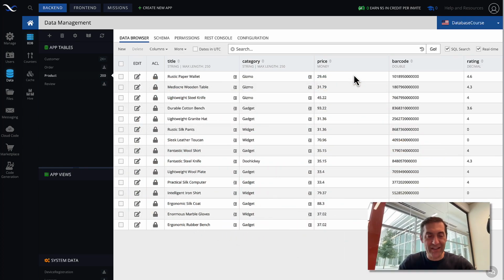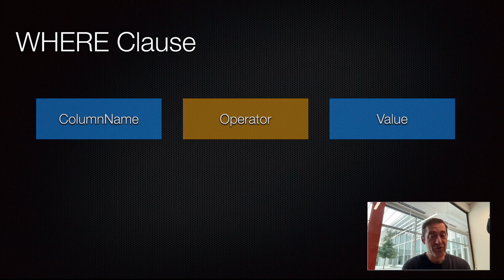For this, I have a slide, and this is the structure. So in the most primitive sense, in your where clause, you would be identifying the column name, and you would basically just put the name of the column followed by an operator and the value. And this is where data types that we have been discussing come in very handy and very important. Let's review a couple of examples here.